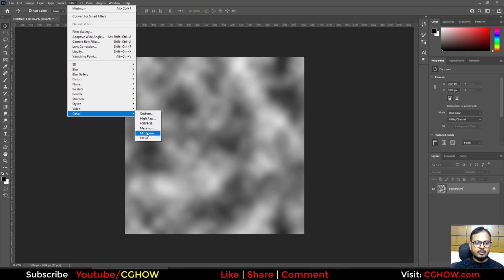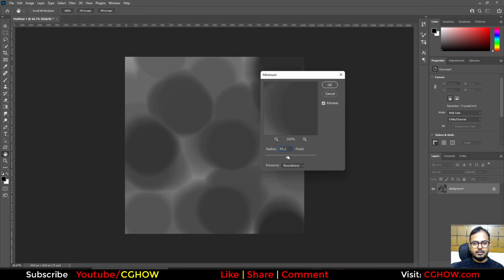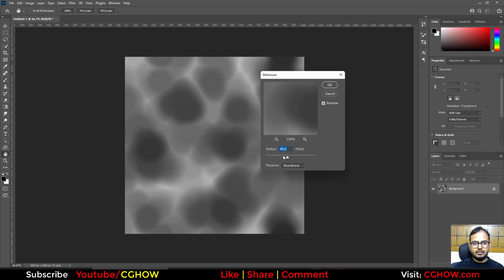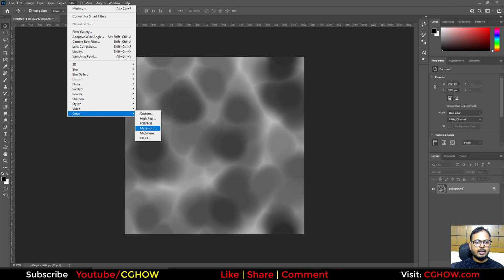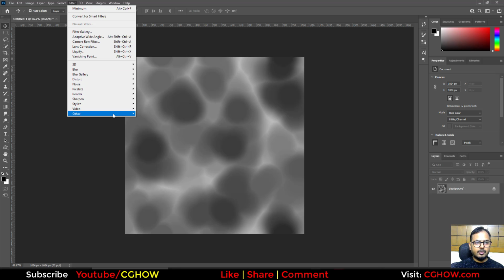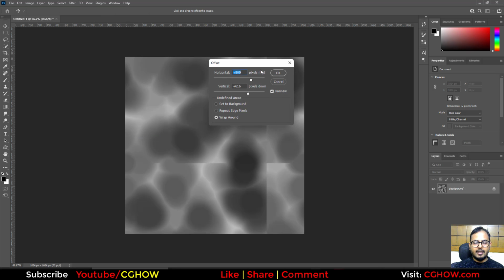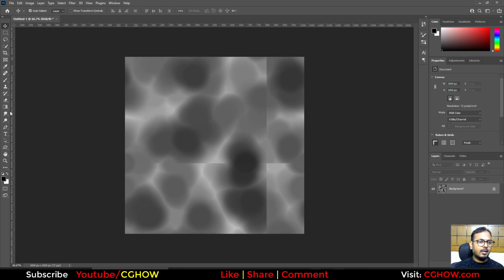Actually, it was not loading. So I'll use maybe, yeah, this much. And then I'll go to filter again and use this minimum. Oh, not minimum, sorry. Offset. And I'll use the horizontal vertical offset. So I have this seam. So I will make it tileable. So I'll use this